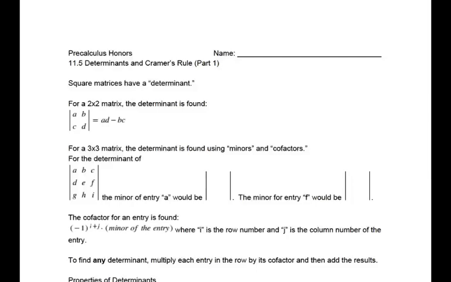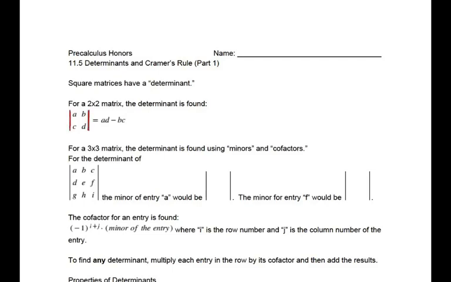First day of section 11.5, we are going to talk specifically about what is called the determinant. A determinant is a numerical value specifically calculated for square matrices. And the way the determinant is calculated depends on the size of the matrix. So for a 2 by 2 matrix,